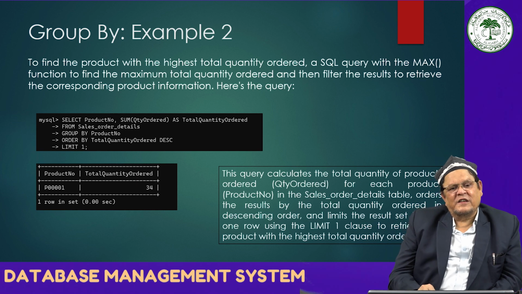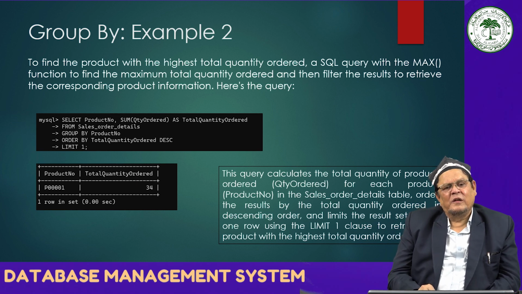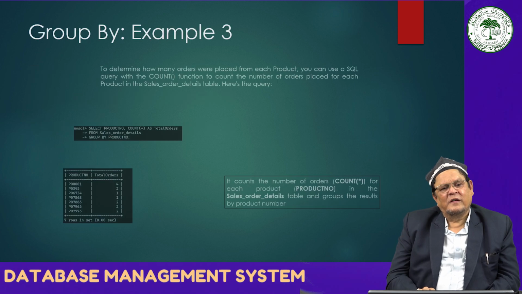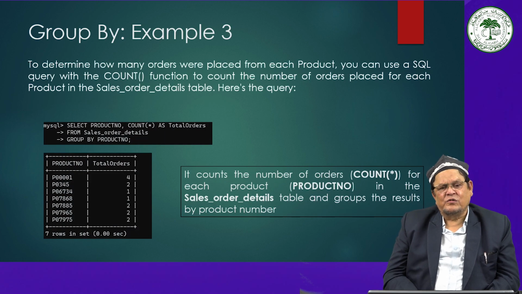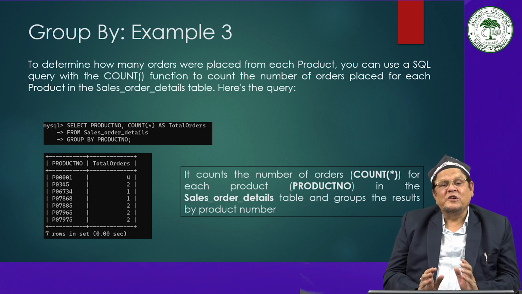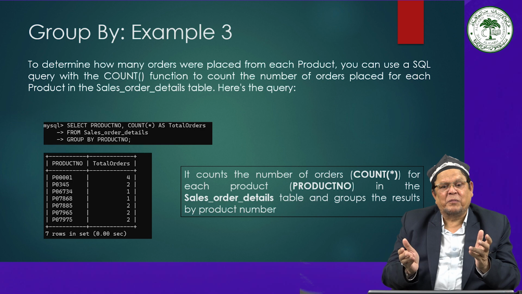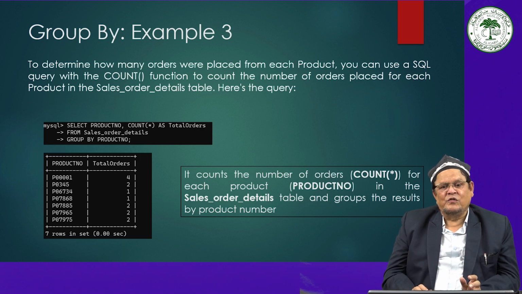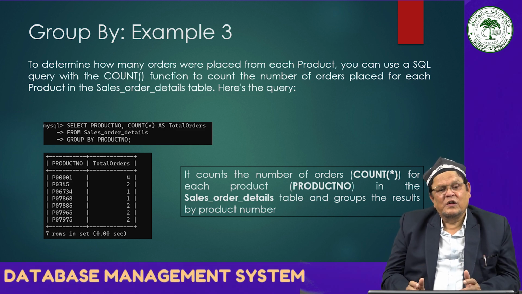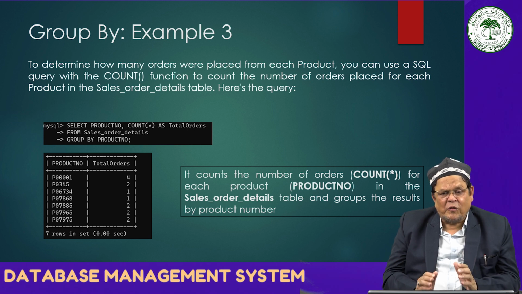Okay, the next example. We'll go to the third example. I hope it is also clear. Group by. Here the question is to determine how many orders are placed for each product. You want to see how many orders are placed for each product. You can use a SQL statement with the count function. You have already used count. I've already explained the count function to count the number of orders placed for each product in the sales order